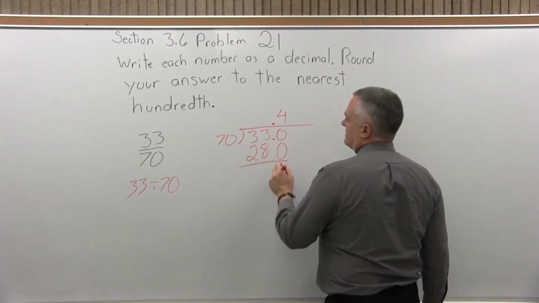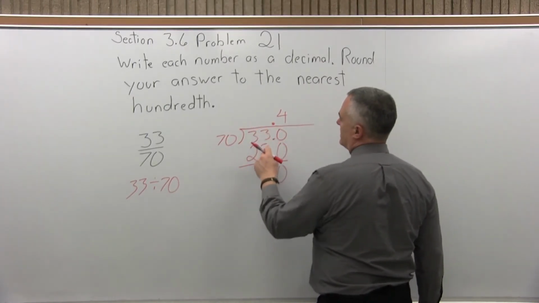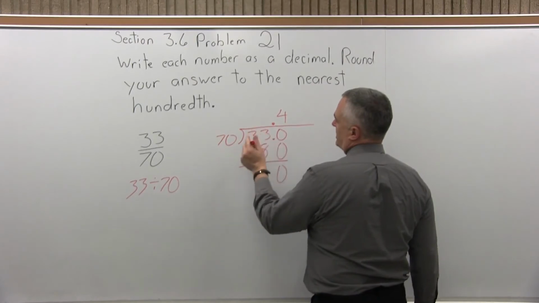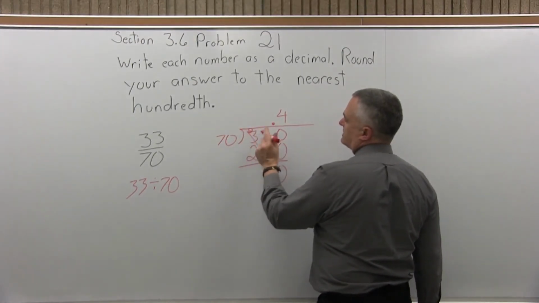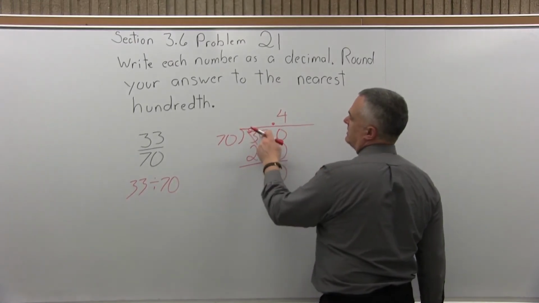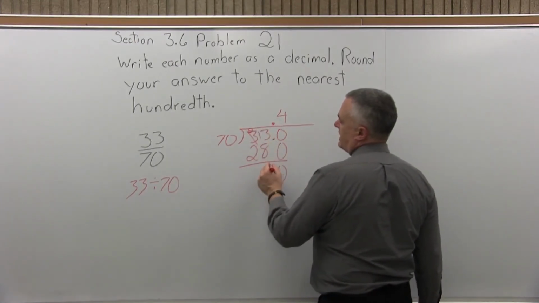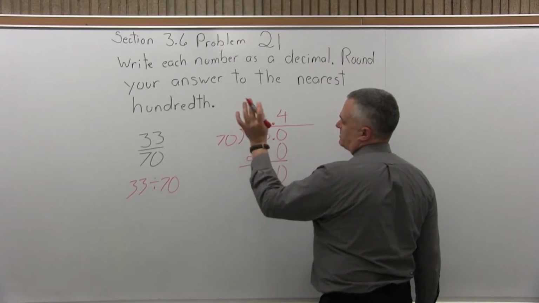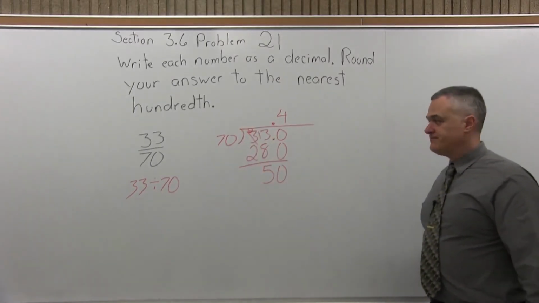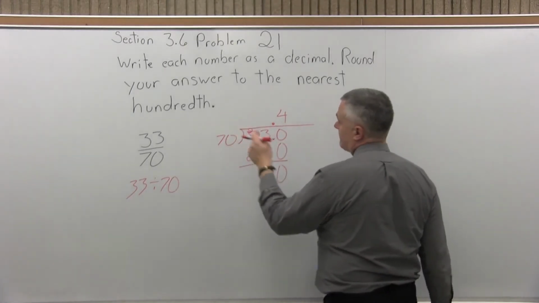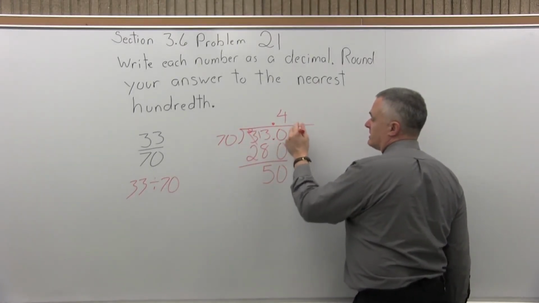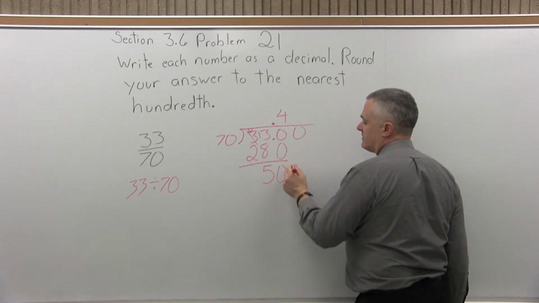So 0 minus 0 is 0. 3 minus 8, the 3 is not big enough, so I'll borrow. Make this 3 into a 2. This 3 next to it will become a 13. 13 minus 8 is 5. 2 minus 2 is 0. So 50, so that's good. Didn't go in evenly. So what I can do is add one more 0, pull that 0 straight down, and